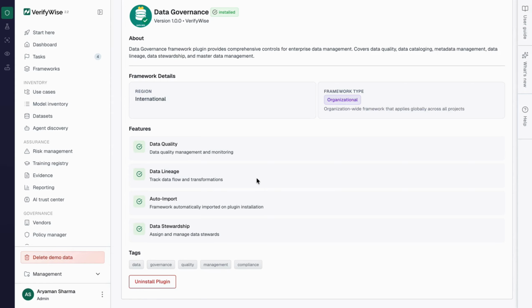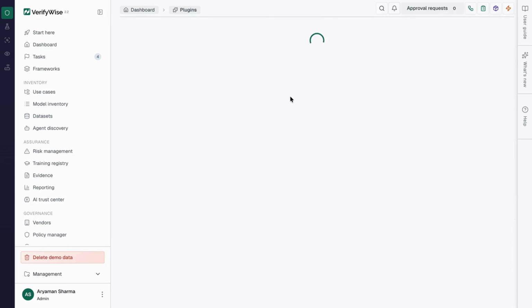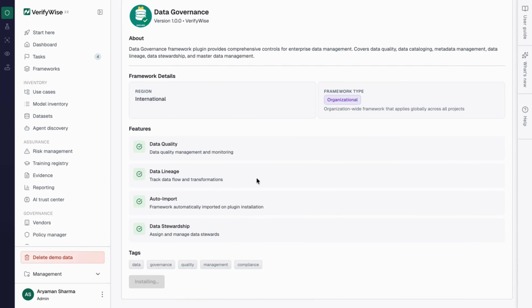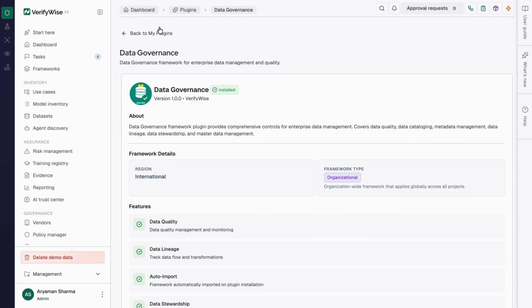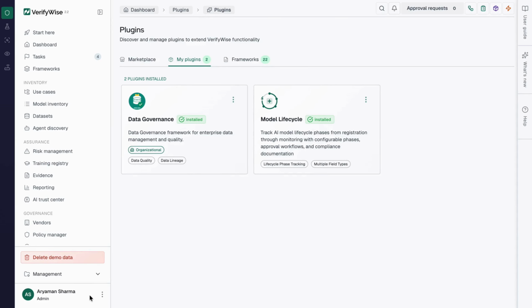For this video, we'll go ahead with the data governance, and I'll just click on Install Plugin. That's it. Plugin installed successfully, and it's that easy. Just one click away. In this section, we've shown you